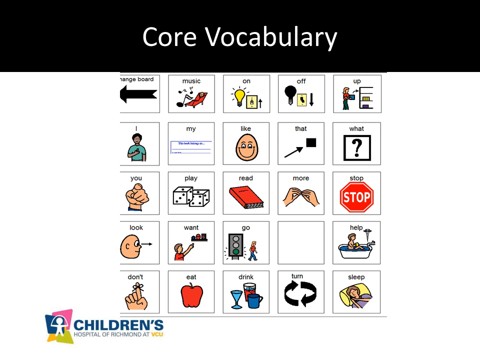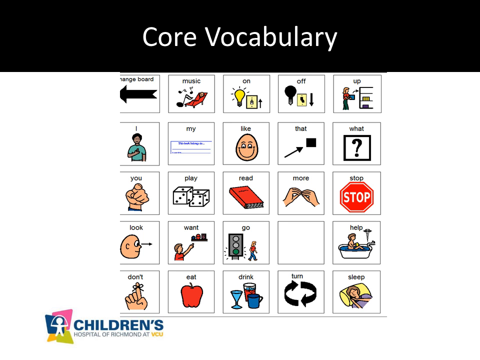I'll touch really quickly on core vocabulary. These are heavily research-based, kind of bang-for-your-buck words that can be used all across different types of routines. These make up 80% of the words that you and I use, so 80% of what I've said over the last 20 minutes have been core vocabulary words. So these are words like go and stop and that, not words like train or potato chips or ball.